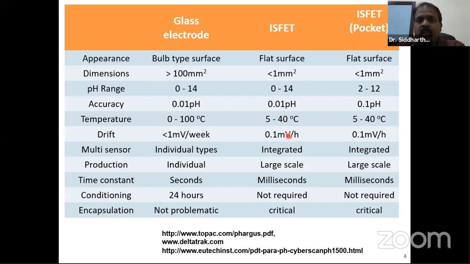For example, it can be produced on a much larger scale, which now brings up a cost advantage. At the same time, the time constant is much smaller, and more importantly, the conditioning is not needed. However, there are also some limitations. For example, encapsulation is critical, and also there's a limitation as far as the temperature range is concerned. But there are a lot of application areas where this ISFET can be used, and the advantages are making it